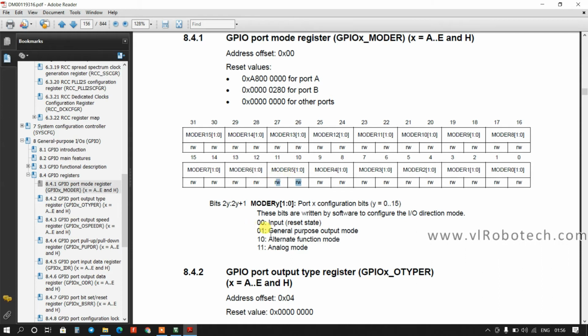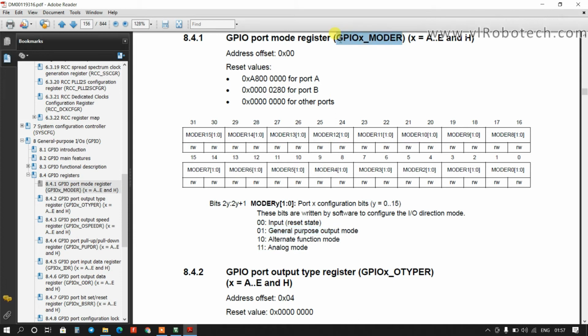We can see here for general purpose output mode it will be 0 1. So the 11th bit will be 0 and the 10th bit will be 1. Okay, so it will be like 0x00000400.